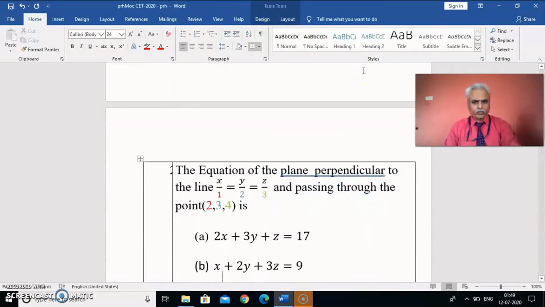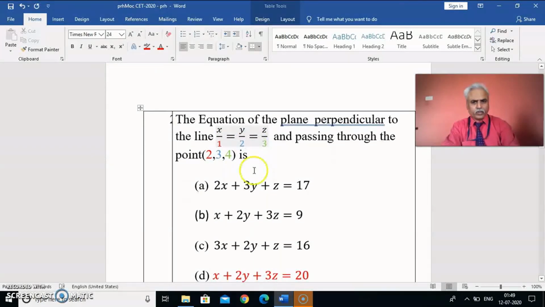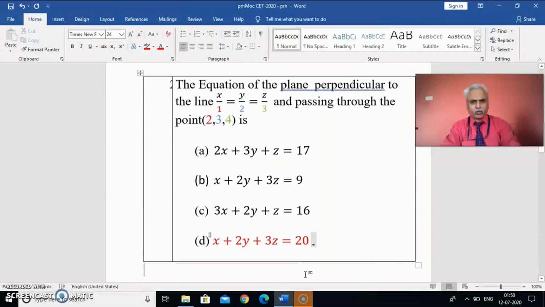Second one, the equation of the plane perpendicular to the line, so that x, 2y, 3z, and afterwards only the constant term remains. Multiply x to x, red to red, blue to blue, green to green. That is x to x, y to y, z to z coordinate. 20 becomes the answer. Come to the third question.